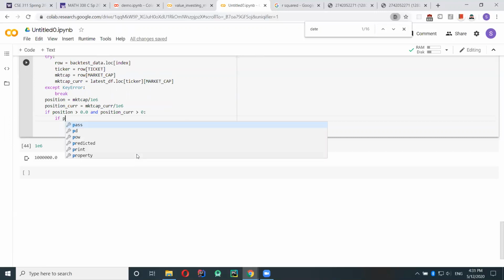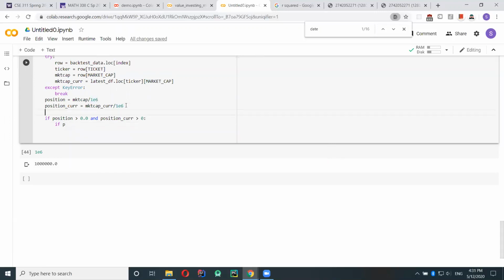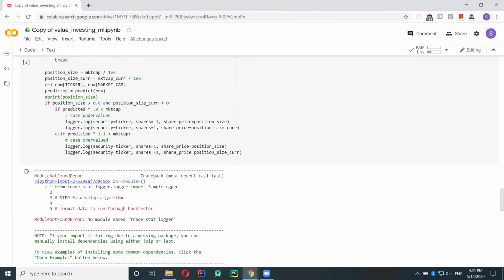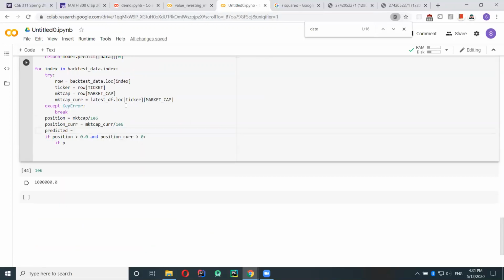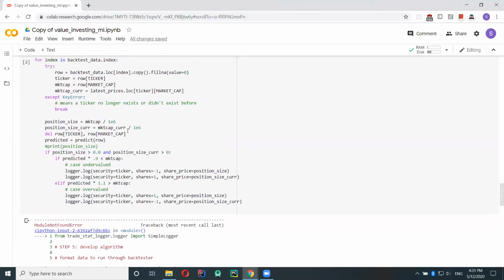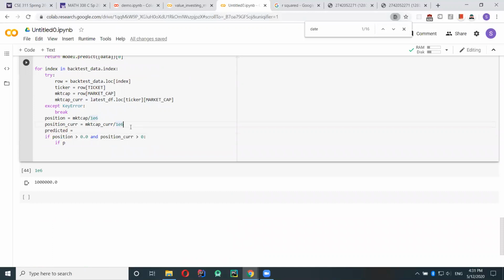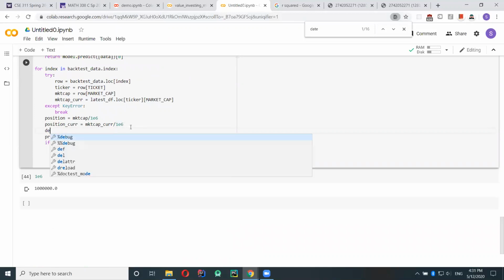Okay, so now we want to log a trade. Let's get the predicted value. We need to get the row, model dot predict. Our row has 2 extra columns that we did not use. Ticker.